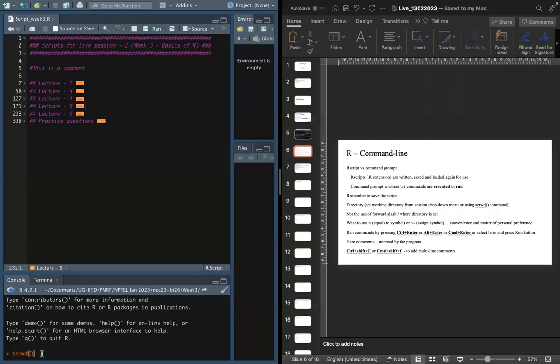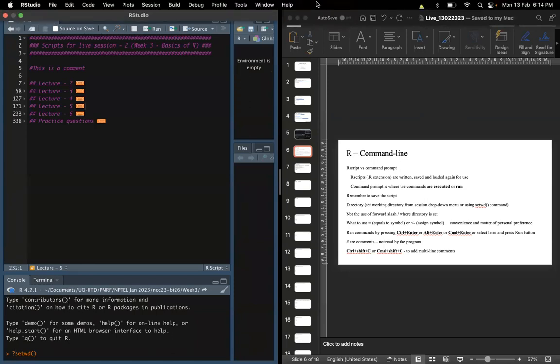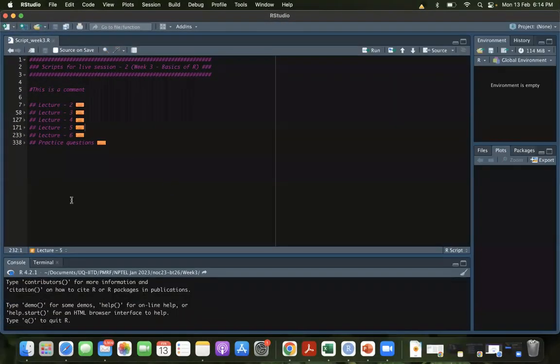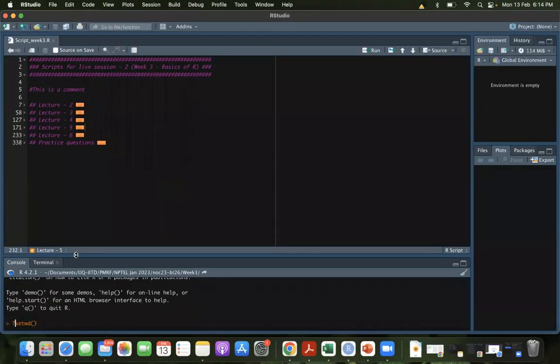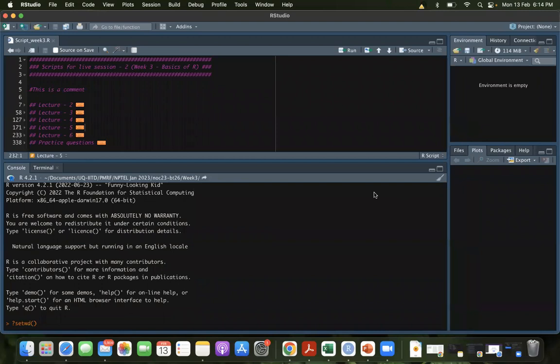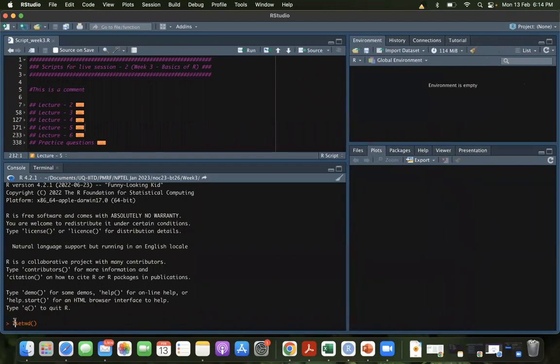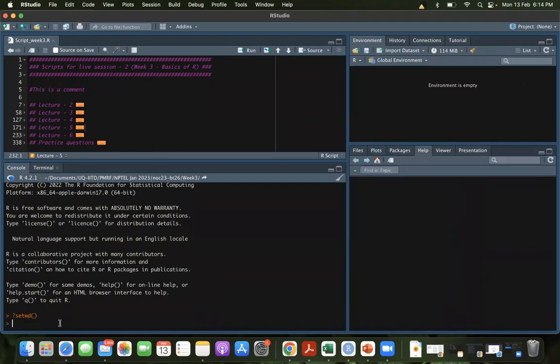A command in R is always followed by round brackets. So we say setwd, and then I don't really know how to type inside this. So what I should do is put a question mark before this command. I'll just close this for a while. Okay, so if you see here, if before any command, any function, I put a question mark and press enter,